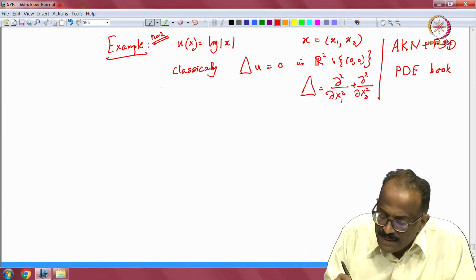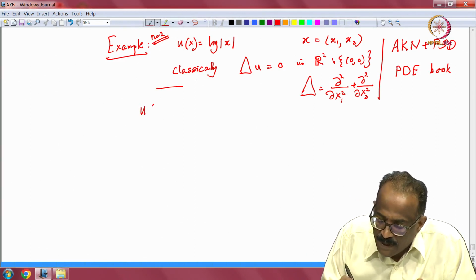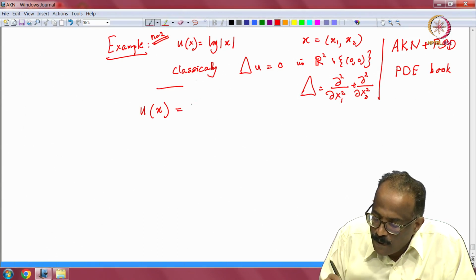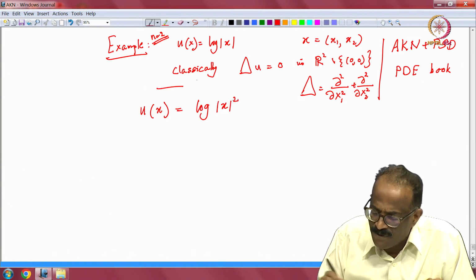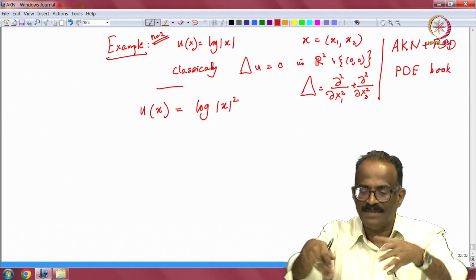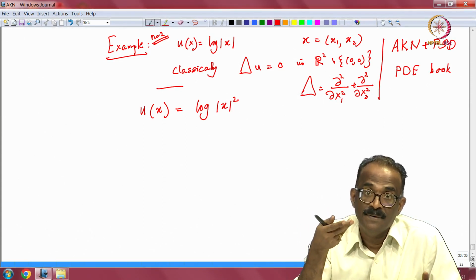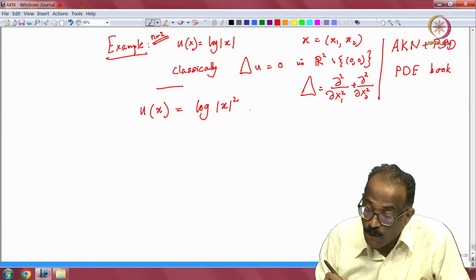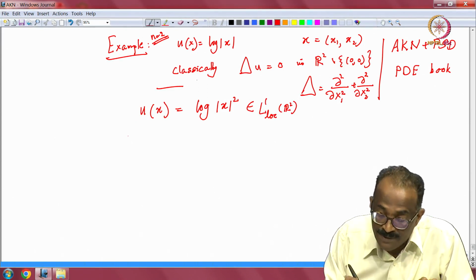So let's modify a bit. There's no difference here, but still let me define u(x) equal to log mod x square. This is for the convenience of your working. Of course, log mod x square is equal to 2 log mod x, and still it's a similar thing. So you already have a solution except at one point. This is locally integrable. It's a locally integrable function in R2. So I want to know what is